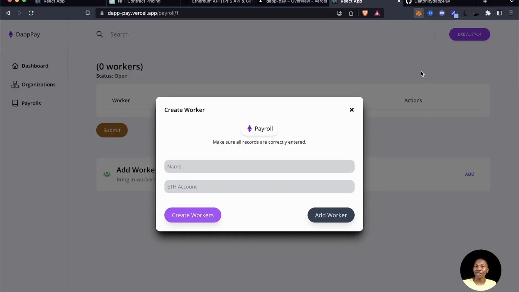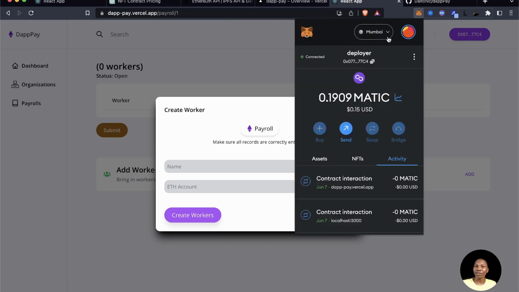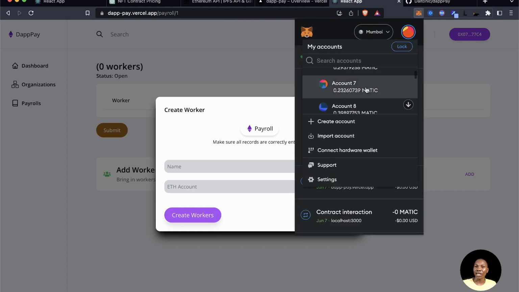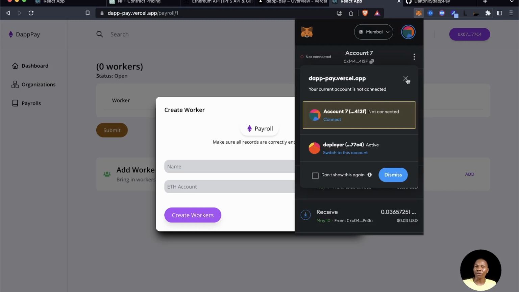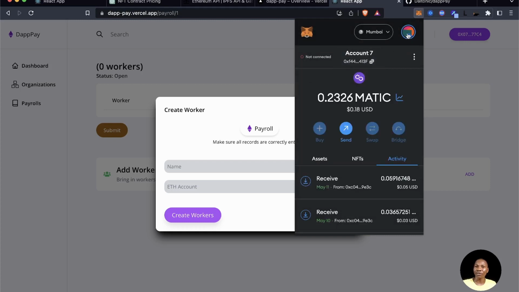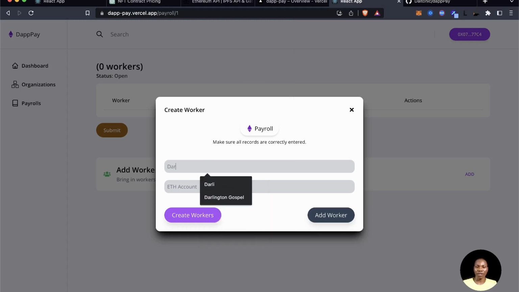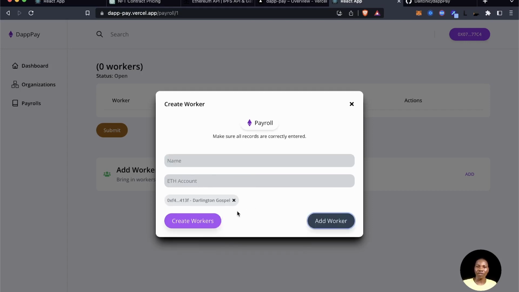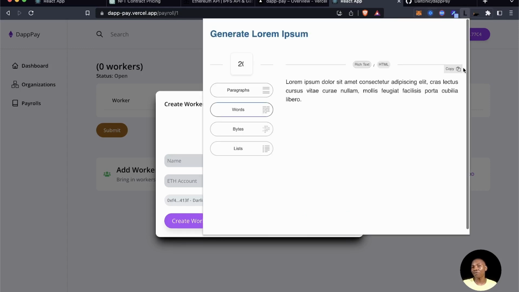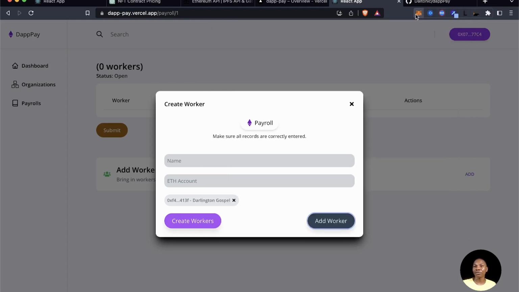This worker is going to be one of these accounts. So I'm going to copy this account. Okay, let's call the name Darlington Gospel. That's my name, and I'm adding myself to this. Then let's use another one. Let's create another account